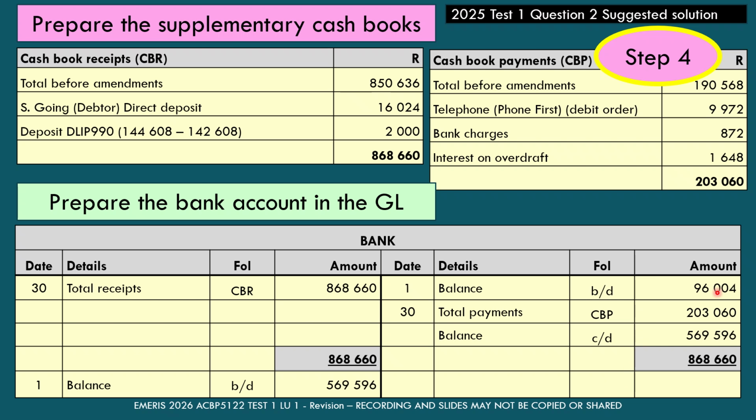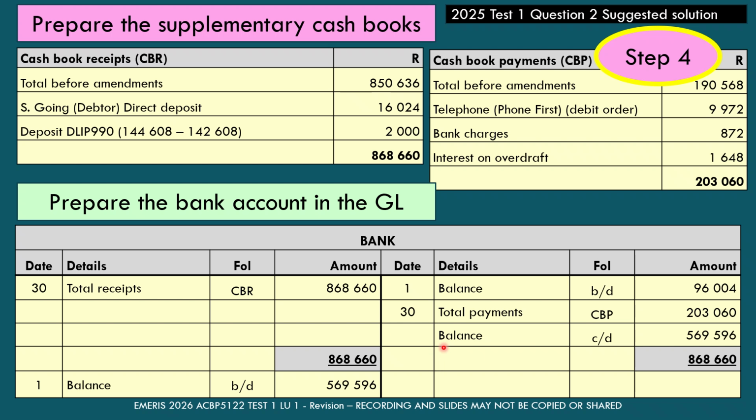Remember, a bank account always begins with an opening balance, and the opening balance will be given to you in the question. Then we post the new totals from the 2 updated cash books. Please remember your details: total receipts, total payments. Don't forget your folios: CBR for cash book receipts, CBP for cash book payments.